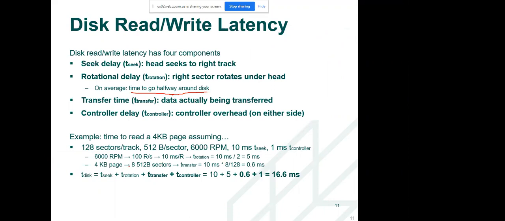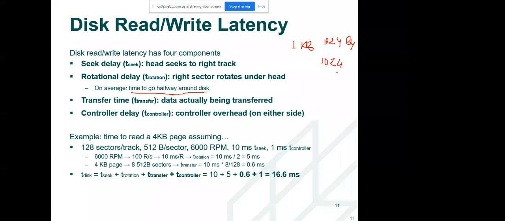A 4 KB file means 512-byte sectors, transfer 128. How 128? Let's see, first we need to convert it. 1 KB has 1024 bytes, so 4 KB will have 1024 into 4.